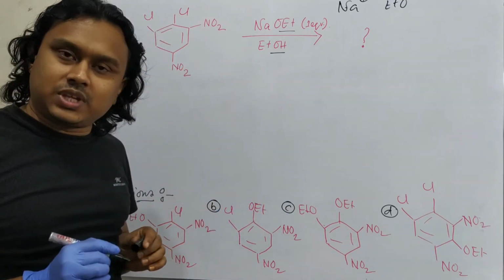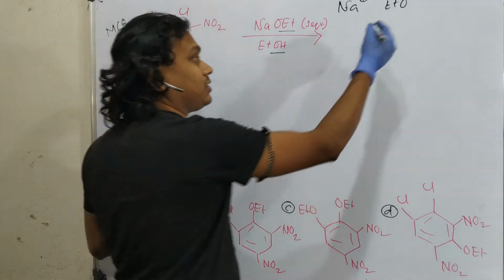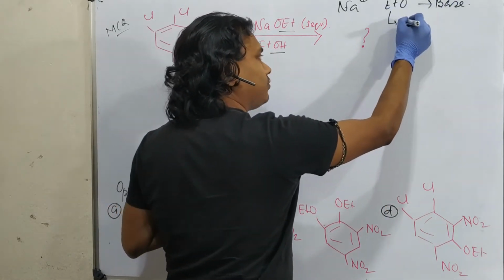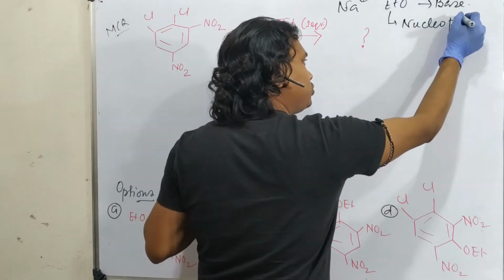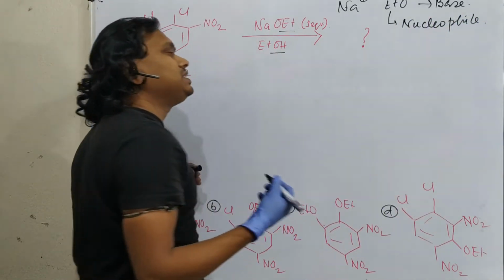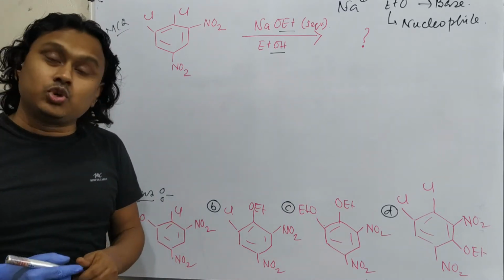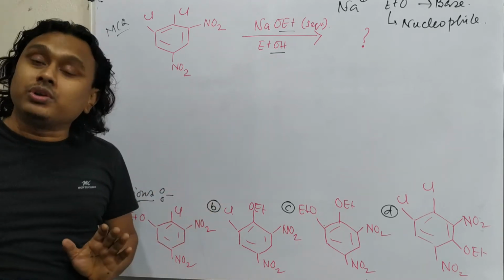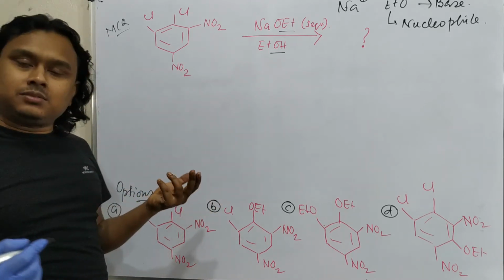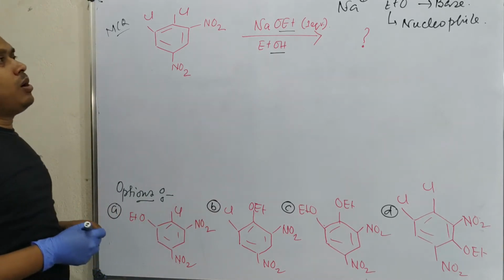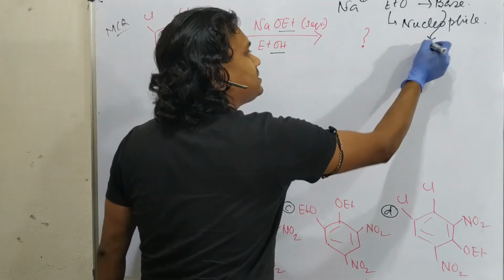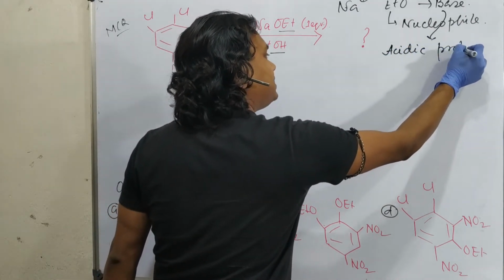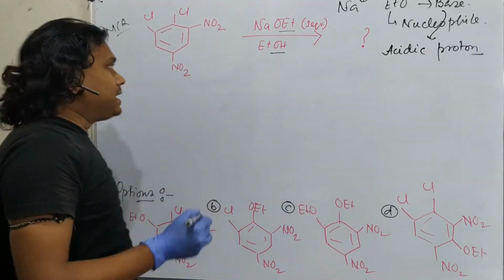Generally, we have observed that ethoxide acts as a base, but there are some examples where it can act as a nucleophile. If I want to conclude whether it is a good base, bad base, good nucleophile or bad nucleophile: actually, this is a good base, but it's a poor nucleophile. But when the situation comes, it reacts. Second thing, when it acts as a base, it means there is an acidic proton present.